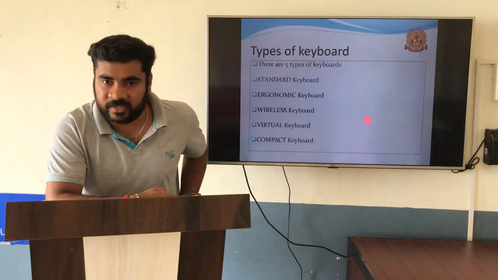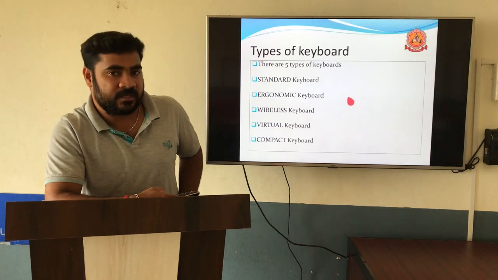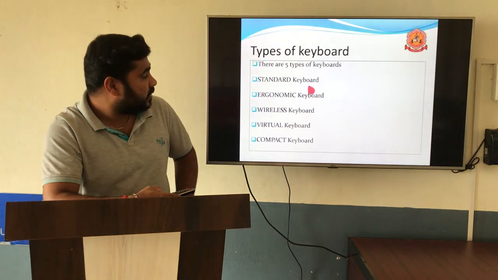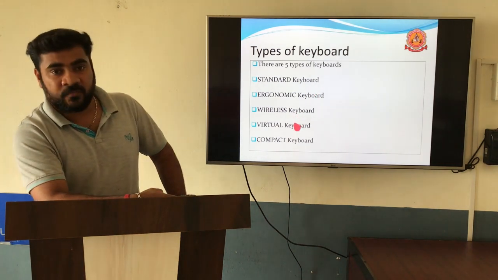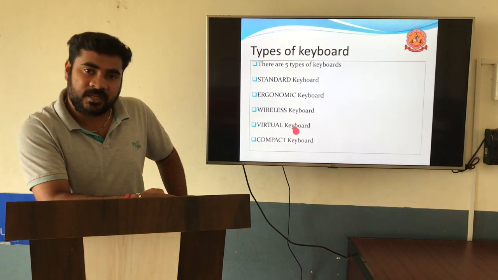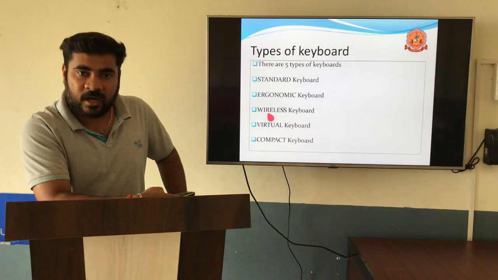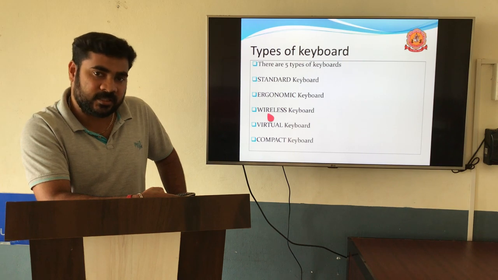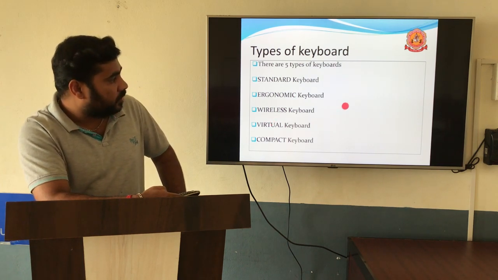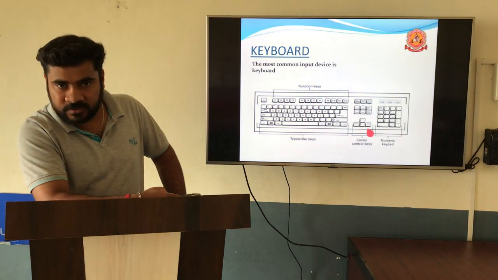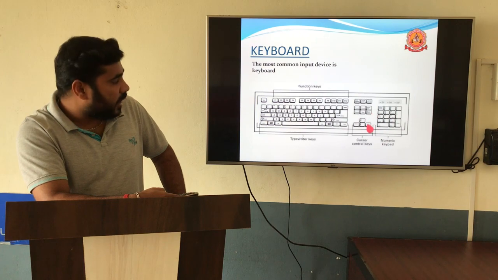Next we will move to the types of keyboard. There are mainly 5 types: standard keyboards, ergonomic keyboards, wireless keyboards, virtual keyboards and compact keyboards. Standard keyboards are normal keyboards used in personal systems. If you take any desktop system, we use this type of keyboard.